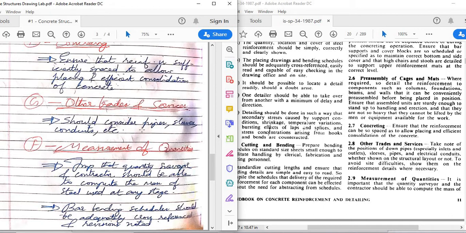Now this is also important, because we know that inside a concrete slab or beam, sometimes you might have to pass a duct or pipe or conduit for electrical or plumbing equipments. So before concreting itself, you have to place those ducts, sleeves, conduits and things like that. Otherwise it will be a big headache. Later you have to break it and things like that. And sometimes I have seen some disasters also.